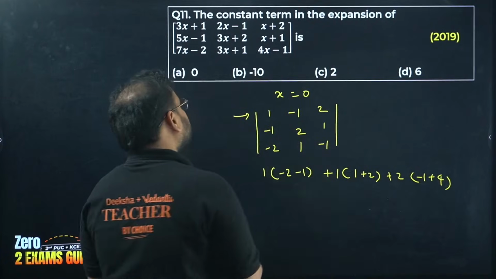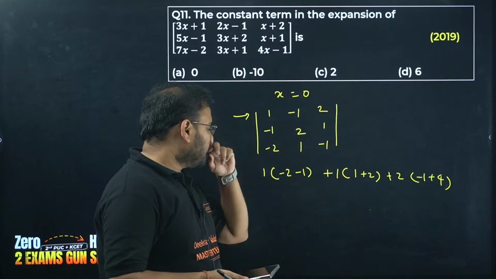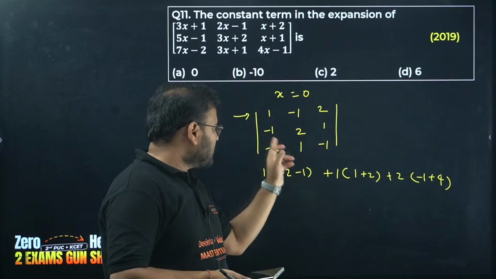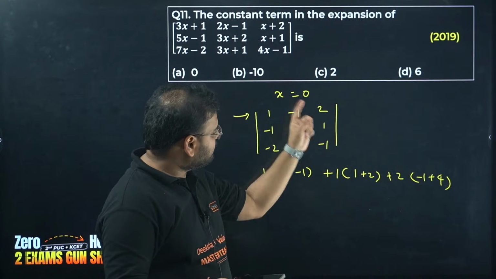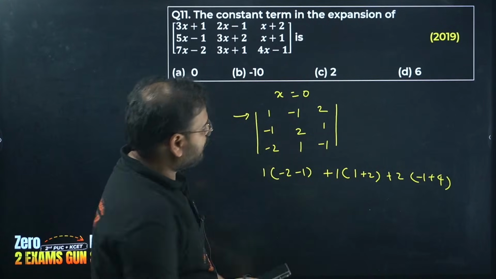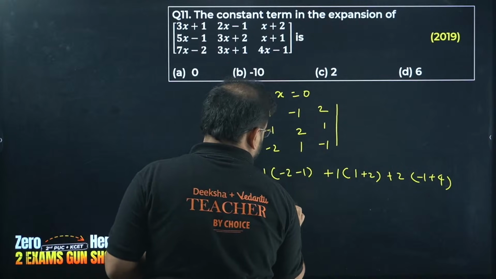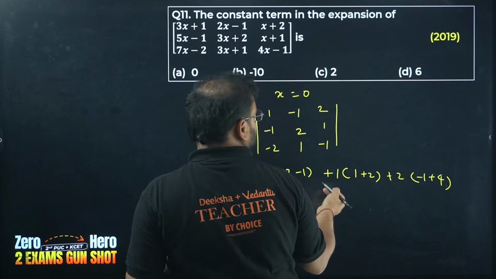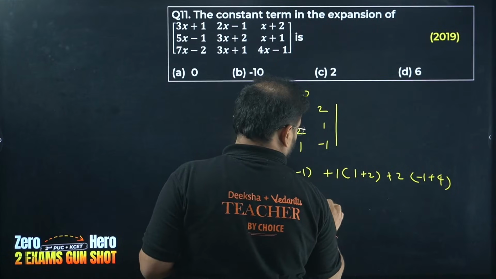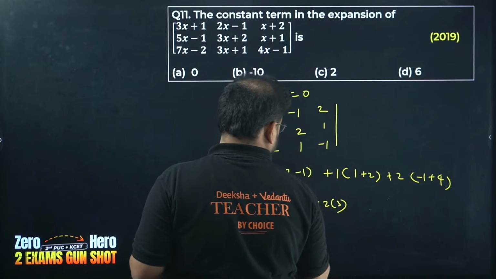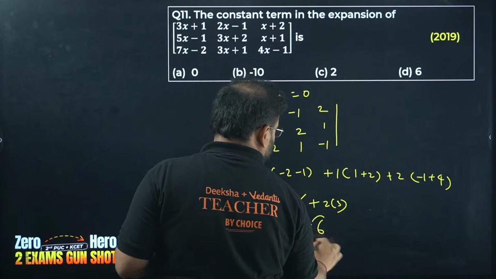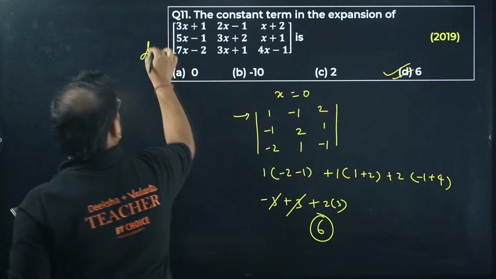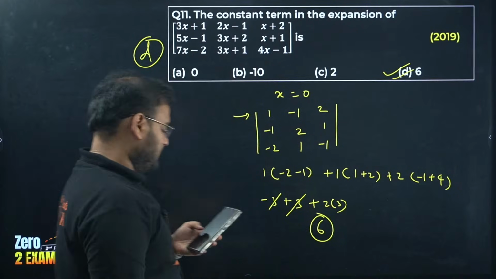Let me cross check once. Minus 2, minus 1 for the first element, it will become minus, so it will become plus. Plus 1 and plus 2. We have minus 1 plus 4, correct. So we have minus 3 over here, we have plus 3 over there. Yeah, 2 plus 1 into 1 is 3, and we have 2 into 3, so 6. This cancelled, answer is coming as 6. So option is D. This is my constant term in the expansion of this.